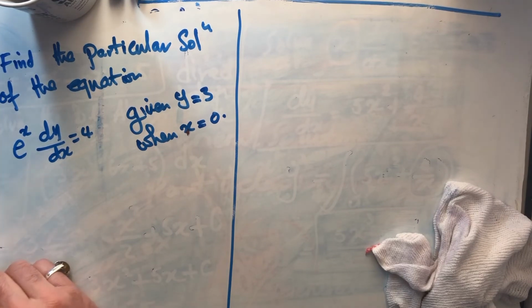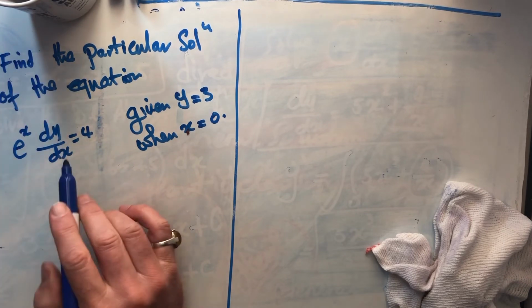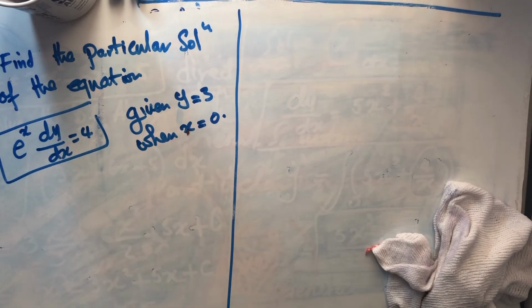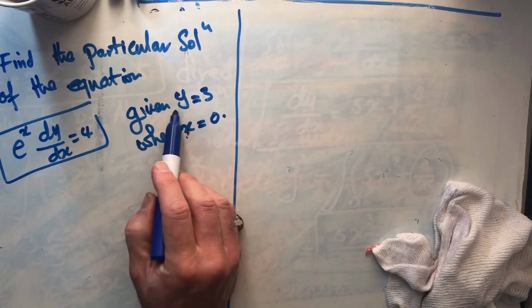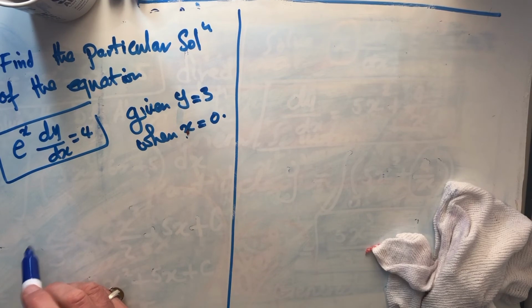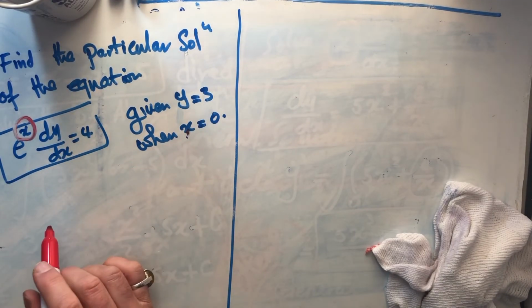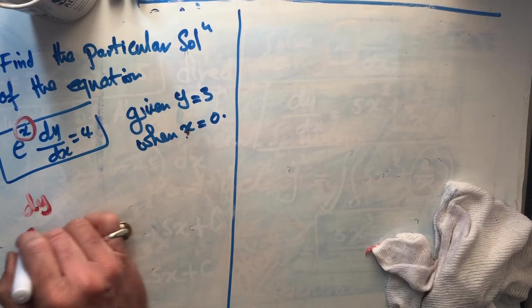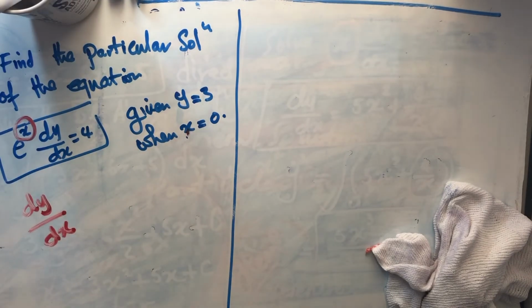Let's have another example. It says find the particular solution of the equation. That's the equation. And we have a value of y and a value of x. When x equal to 0, y is equal to 3. Okay, and once again, get the x's to one side. So you get dy/dx equal to